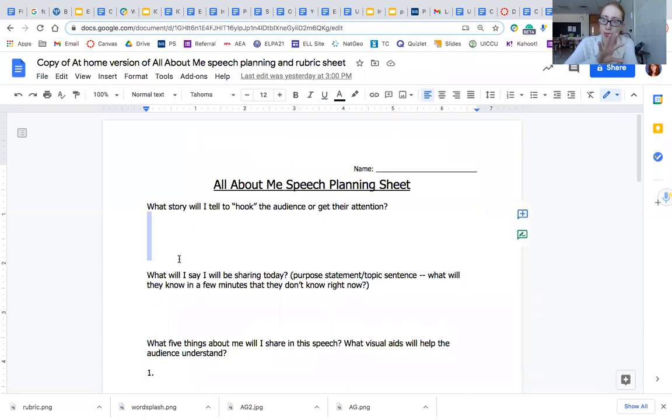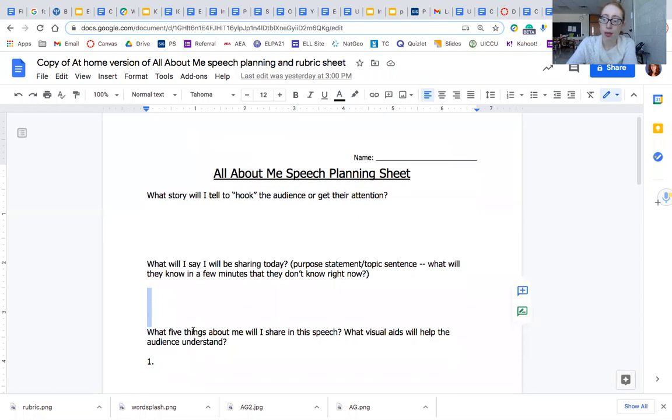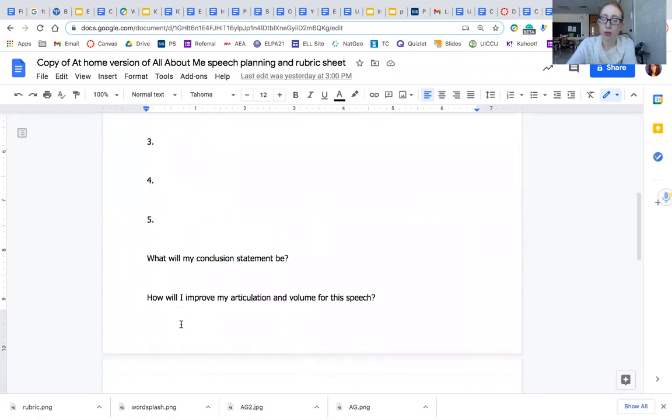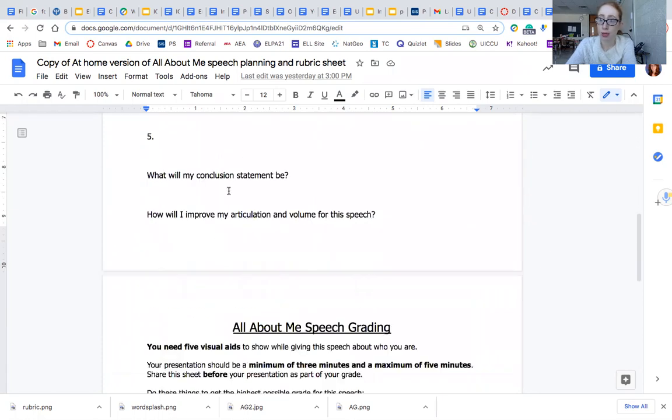You should have planned in writing your hook to get your audience's attention, your purpose statement, which is where you tell your audience what you will be talking about, and the 5 objects that you will use in your speech. And then you should have planned your conclusion statement at the end of your speech.